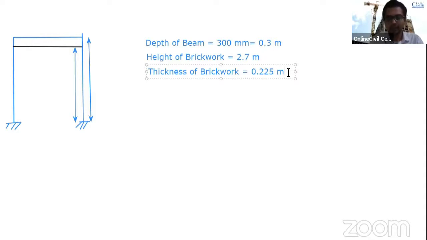So we have now got the height of the brick and the thickness of the brick. We can now find out the area of the brickwork. Another thing: brick is not an individual entity used in walls. Mortar is also used. So let us also find out the thickness of mortar, and the height of the mortar will be the same because the height of the brickwork is the same. So let us find out the thickness of mortar.